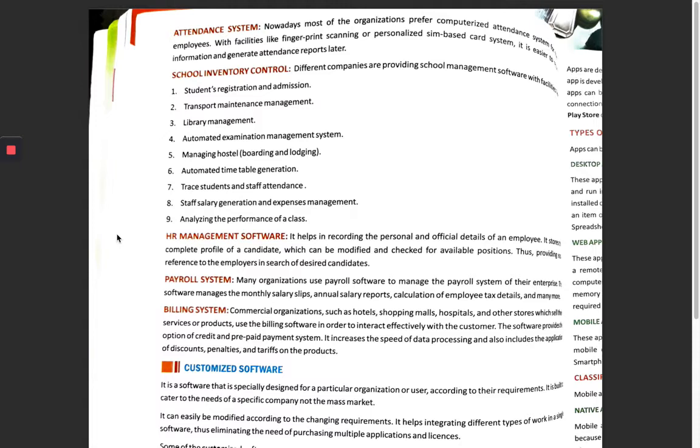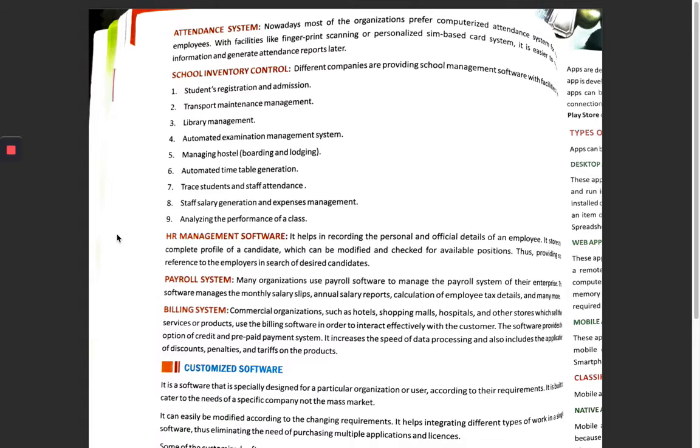You must have seen it in our school also. We have biometric in our office for teachers to give the fingerprint scan. We have other biometric techniques like retina scan. So these are some digital computerized attendance systems for the employees.